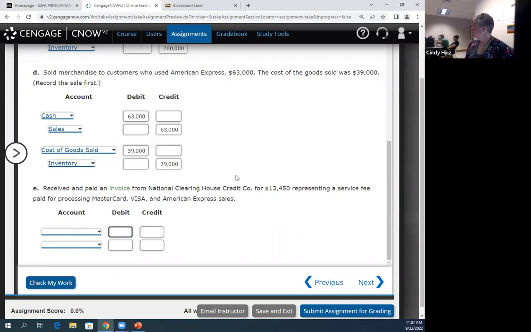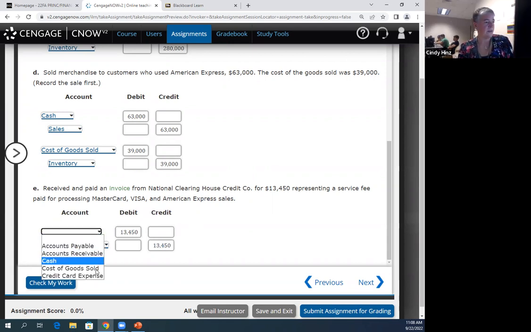So that amount, $13,450, sounds like a pretty big number, but that's actually a lower percentage than most companies would likely see, knowing that the range is roughly 2 to 6% that they might end up paying. It may be that they're on the lower end because they are a larger company, $475,000 in sales. That's not a huge amount though, so it may not be a realistic number actually. I'm just suggesting it would likely be a little bit higher than that.